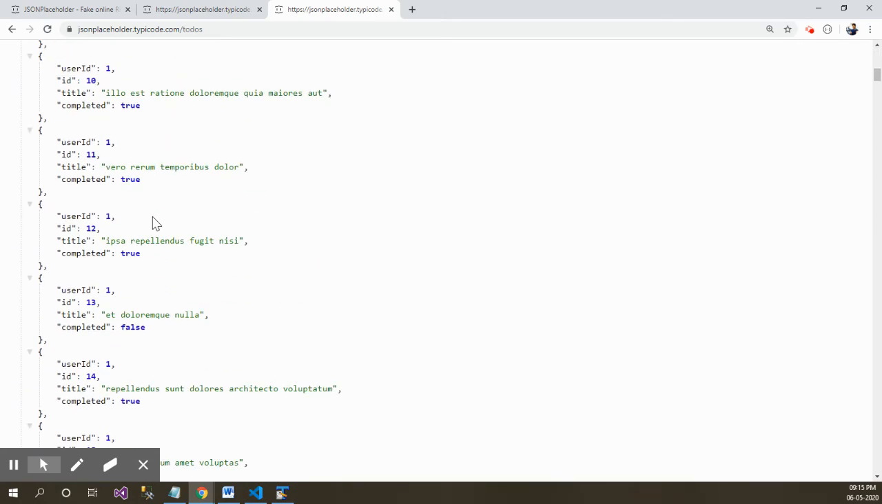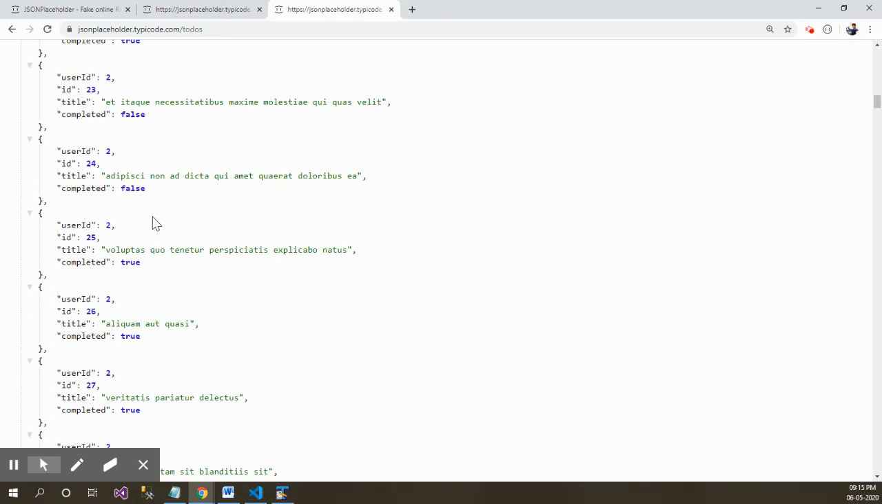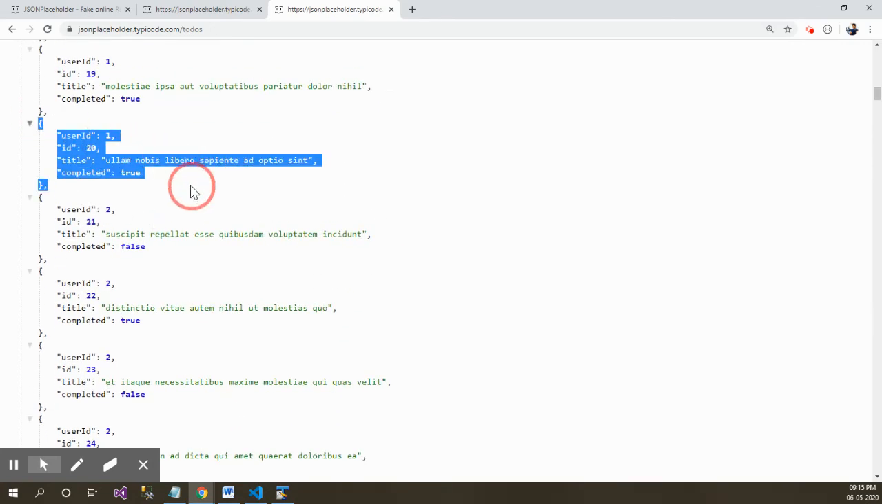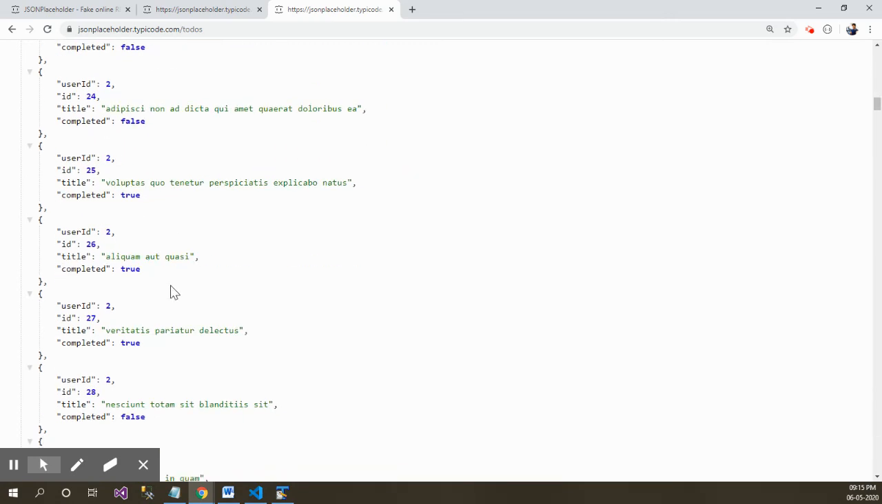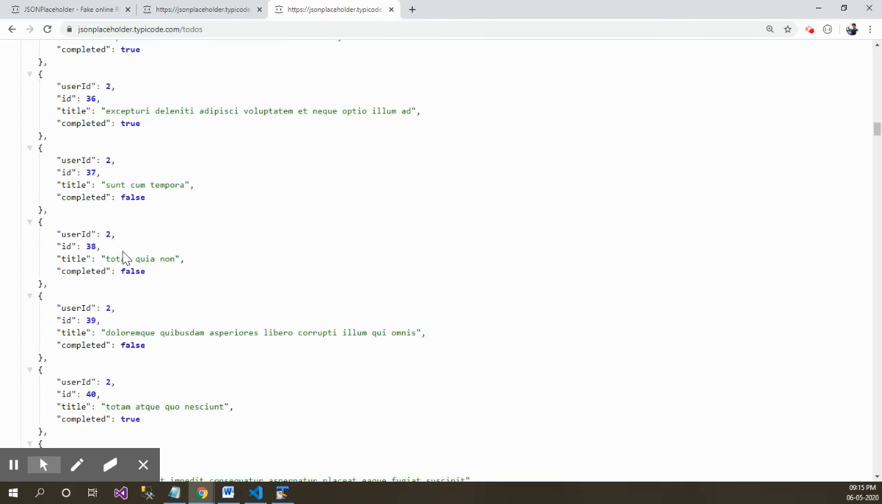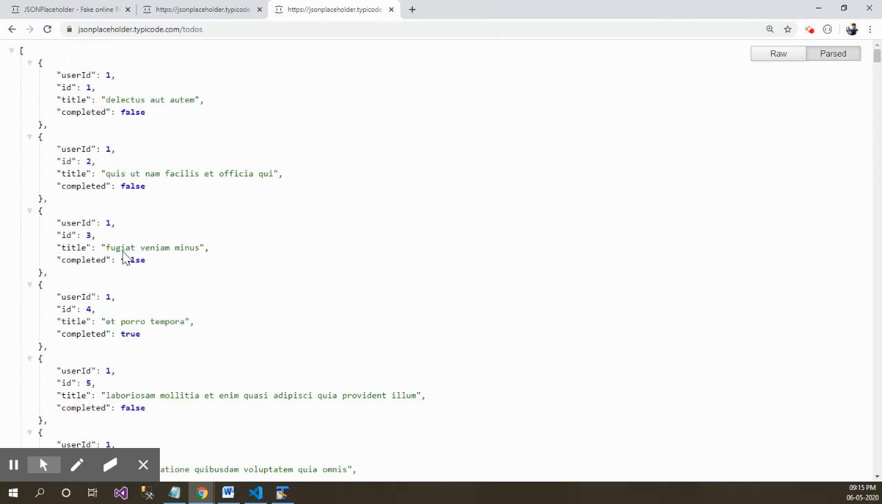Similarly, if you go further below, you can see that some tasks are assigned to user ID 2 and other users as well. So this is completely sample JSON data on which we can work and consume this information into our Node application. So we can use this particular API endpoint, and we will be using this particular API endpoint for